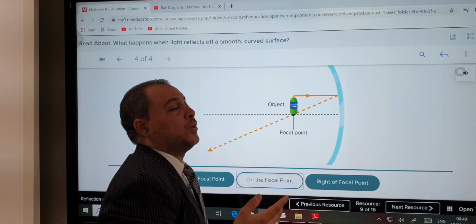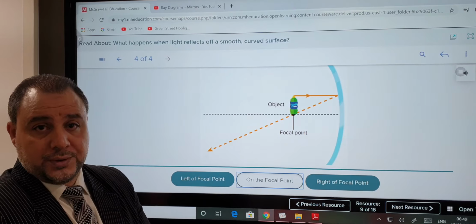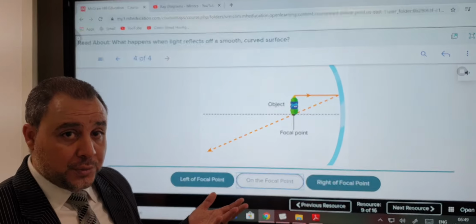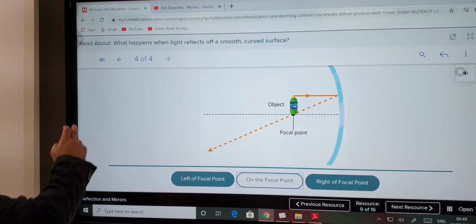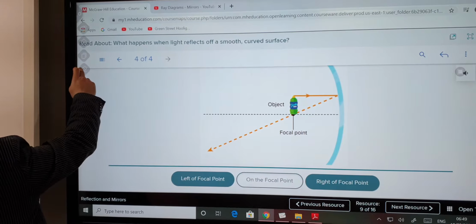So there is no intersection between them. So there is no image formed here. It's okay? How? If you draw